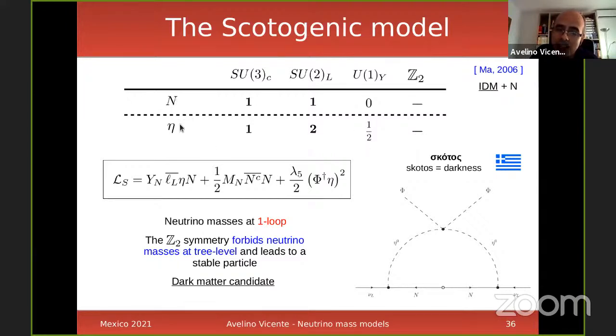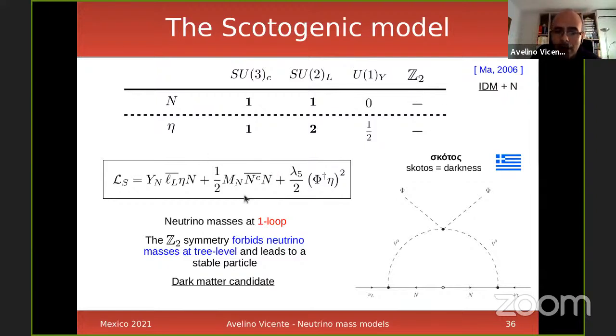Since this is minus and this is minus, you can write down this Yukawa coupling. This is the equivalent of the normal coupling between the lepton doublet, the Higgs doublet, that is not the Higgs anymore but this eta, and this fermion singlet. You cannot write down this coupling with the normal Higgs doublet because of the Z2: this is plus, minus, minus, and this is okay. But if you had the Higgs doublet here, this would be plus, plus, minus, that is forbidden. That's why you don't have a Yukawa coupling with the Higgs. Because of that, neutrinos do not get masses at tree level. This is the point of this Z2 symmetry.